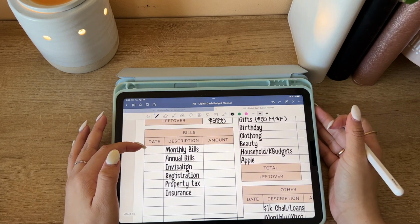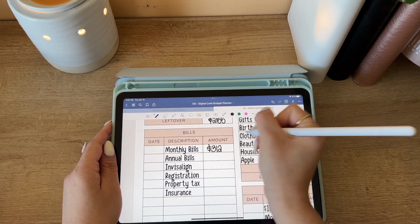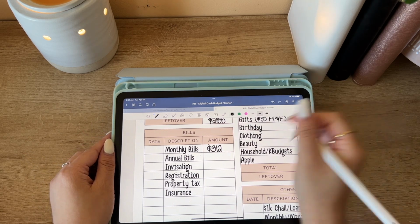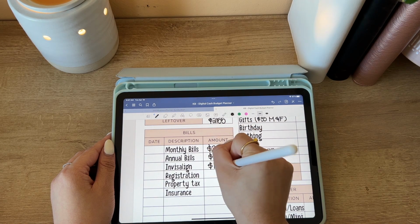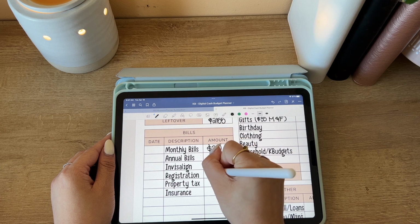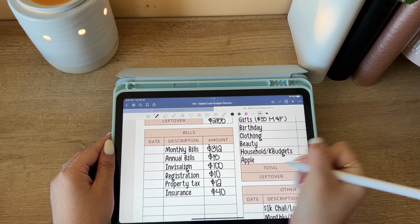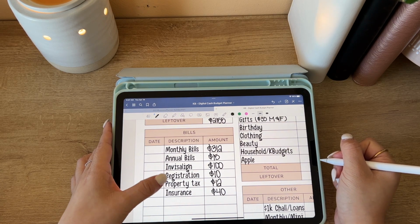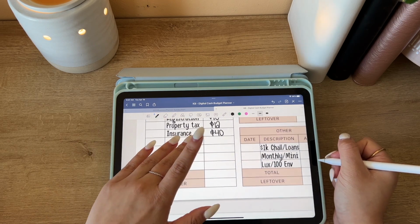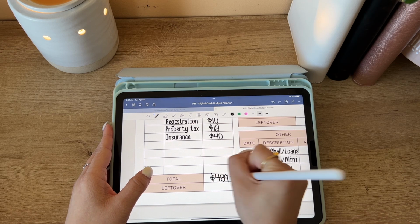Now moving on to my bills section. My monthly bills, as usual, is getting its $312, which is just half the amount of my total monthly bills. My annual bills is getting $15. Invisalign is getting $100. My car registration is getting $10. My property taxes is getting $12, and my insurance is getting $40. This is insurance for my car. Pretty much half my bills binder has to do with my car, so this is car registration, car property tax, and car insurance, and they all come out at different times. Total for this section is $489, and that leaves me